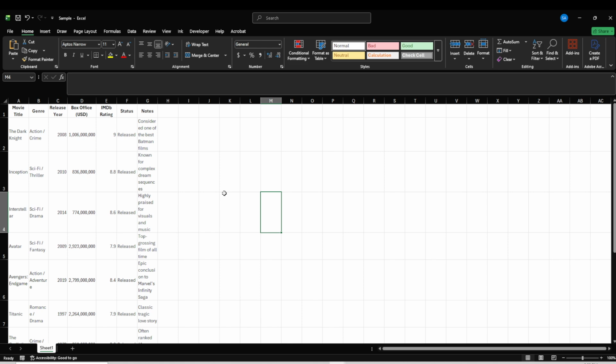A few quick tips to keep in mind as you use this method. Removing the read-only attribute only affects this specific file. It doesn't change how Excel handles other spreadsheets. If this option was intentionally set to protect a template or a shared reference file, consider keeping a backup before